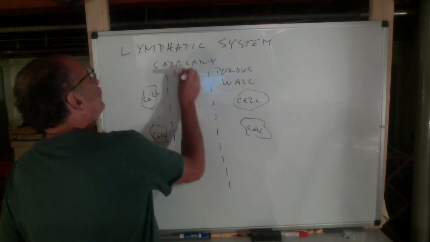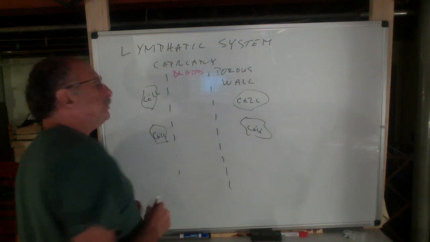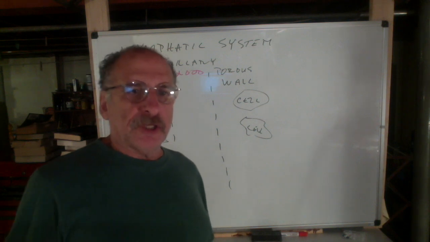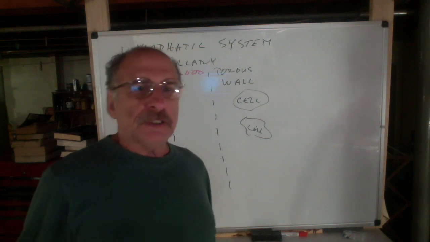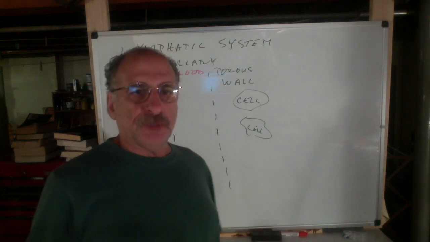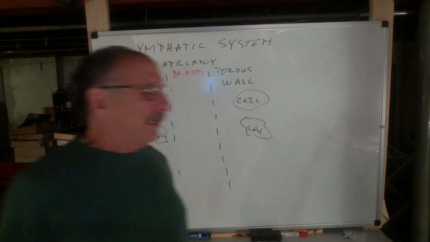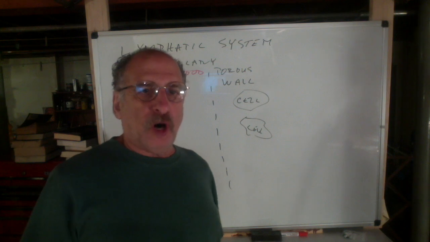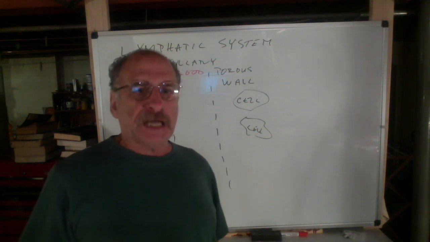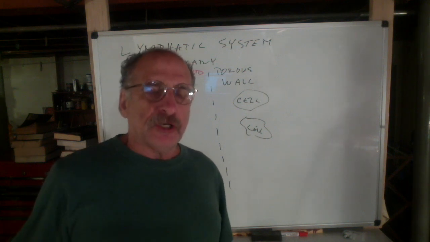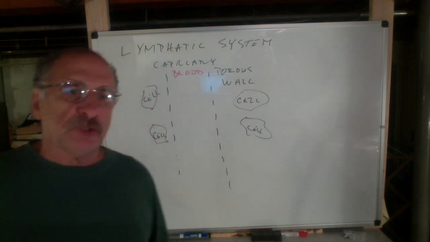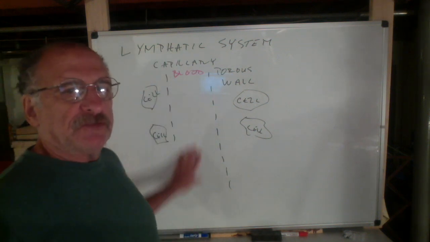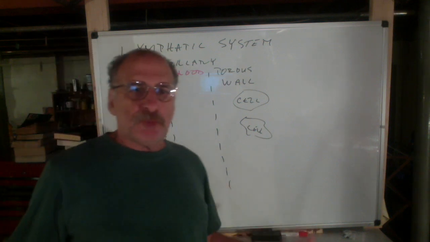And blood is a suspension, which is a kind of a mixture of a liquid and often something solid. In this case, the blood cells could be thought of as solid particles, or if you mixed sand with water, the sand would not dissolve in the water. You'd have particles of sand floating around. That's called a suspension. So the blood is a suspension of cells suspended in